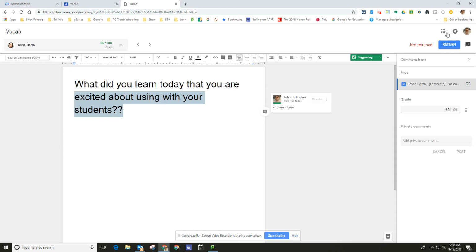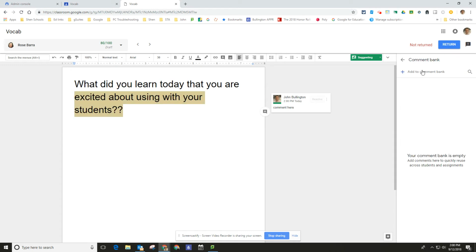Okay. And then you can also return the students individually if you want here. A lot of teachers don't like to do this because they want to wait till everyone's graded and return them all at the same time. Okay. You can also build a comment bank here that's common comments for this assignment, so that when you're grading the